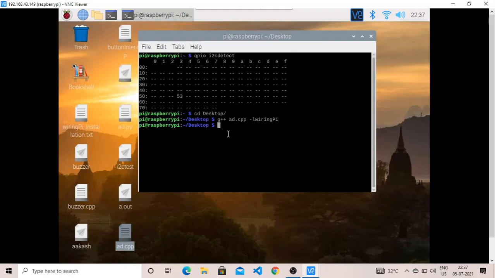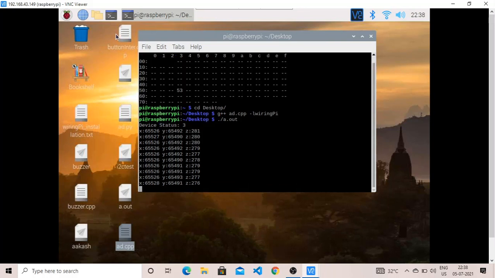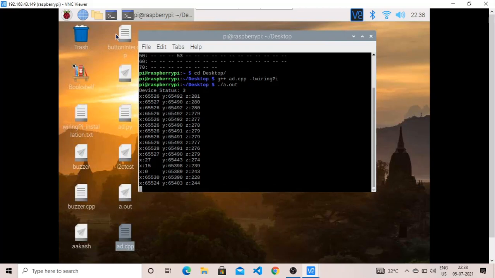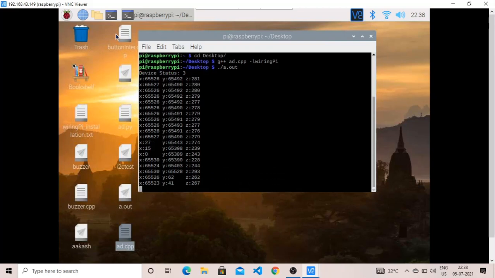To run this program just type ./a.out. Now you can see the coordinates coming from our ADXL345 module. If I try to change or tilt my ADXL module, you can see that the values change.